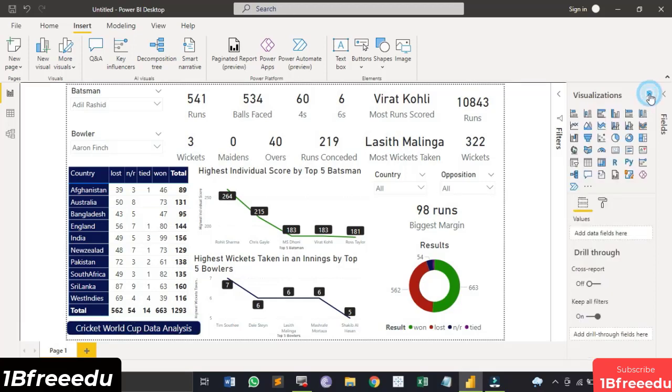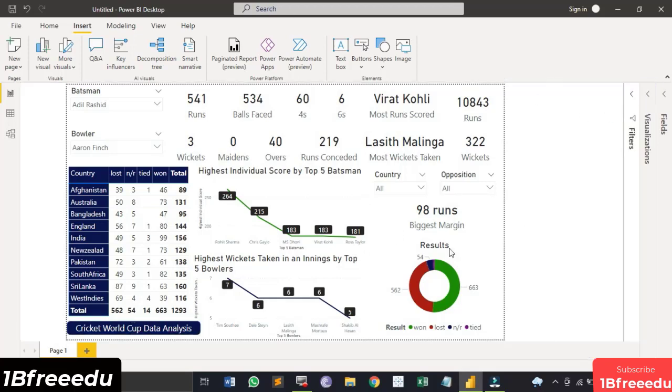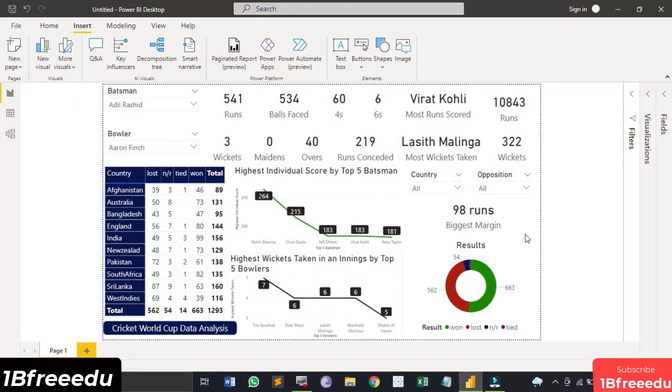So now this is how our whole report is looking like, and this is the final report that we have got. This is fully customizable. That means you can customize it to view whatever data you want. Some of the values are fixed, some are customizable, so that's totally up to you, totally your choice, which you want to customize and which you want to use as this only. That's it for this particular project.